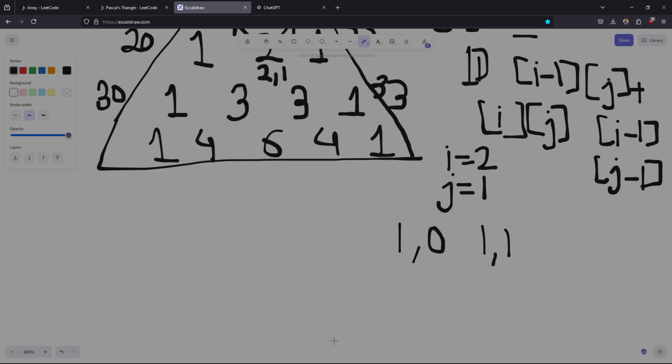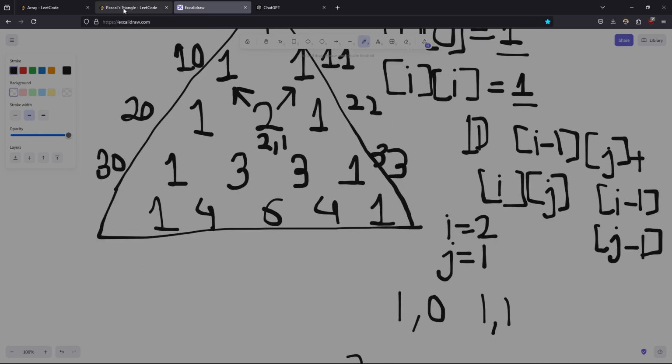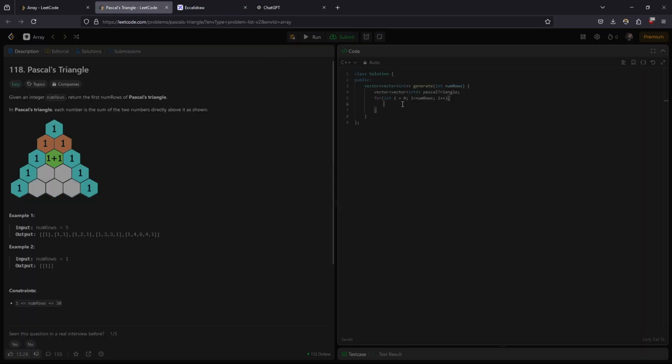So this is I minus 1, 2 minus 1, and j minus 1, which is 1 minus 1, so it is I minus 1 comma j, which is this, and I minus 1 comma j minus 1 is this. So what we have to do is